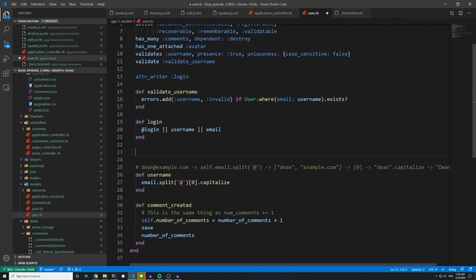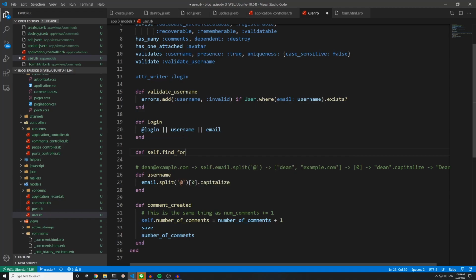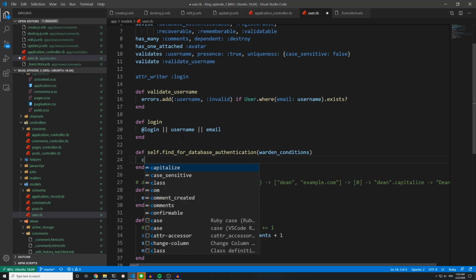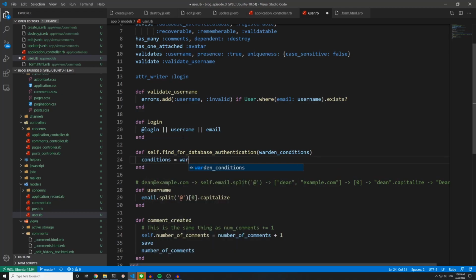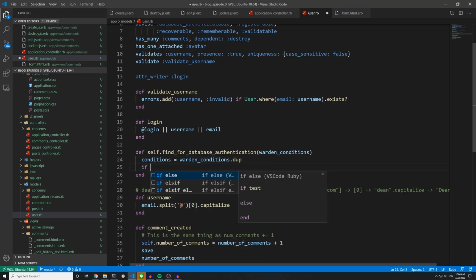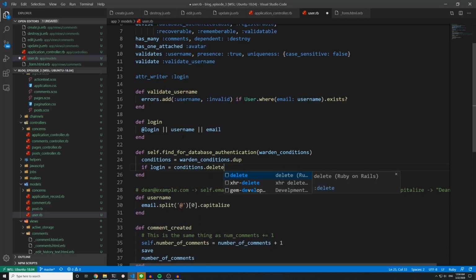The last one in here is going to be def self.find_for_database_authentication(warden_conditions). So the conditions will be equal to the warden_conditions.dup. And we'll say if login equals conditions.delete(:login),